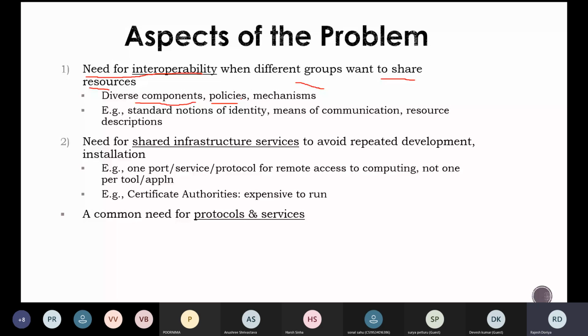So how the different mechanisms are going to be handled.